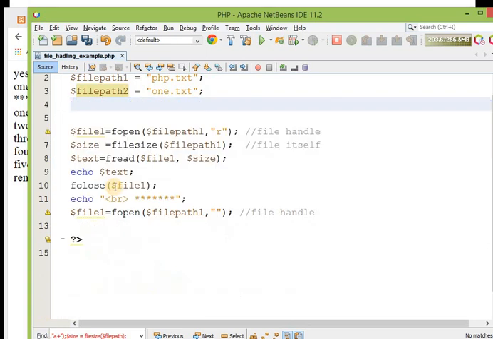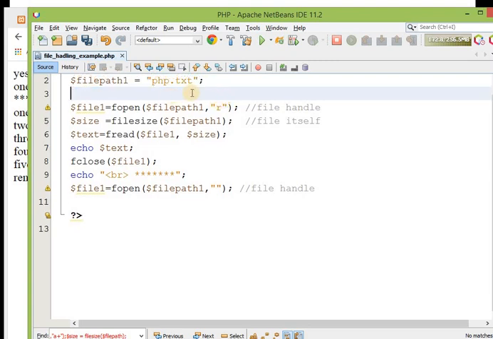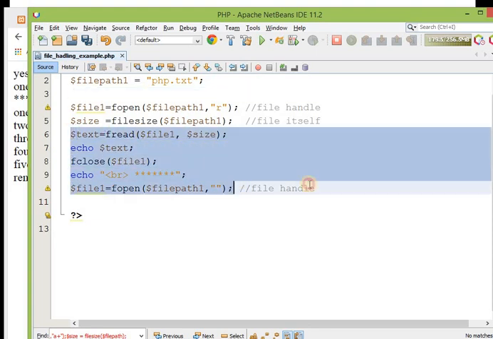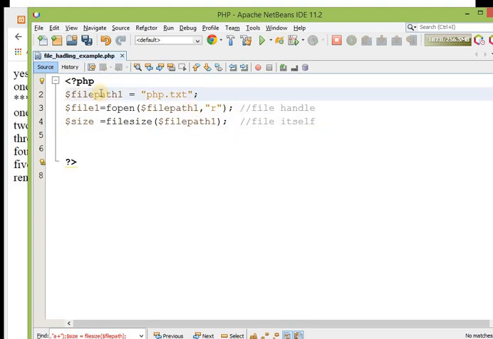I don't need this code, I also don't need this. File path 1 php.txt, this is in write mode. File size is not required. Remove this portion. Simple: file location, open, file size.